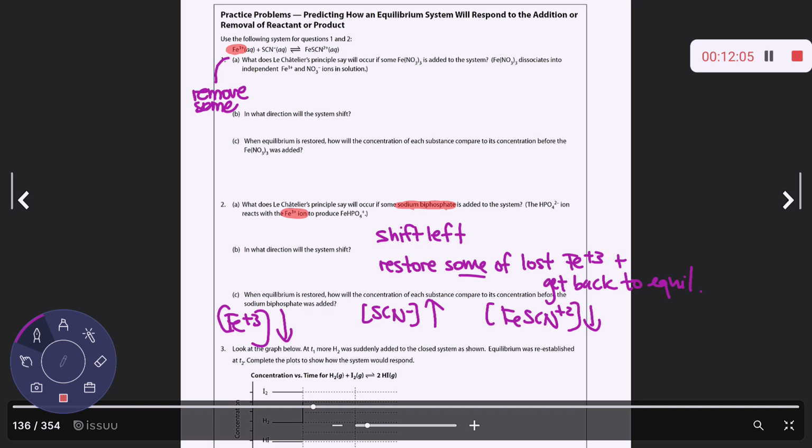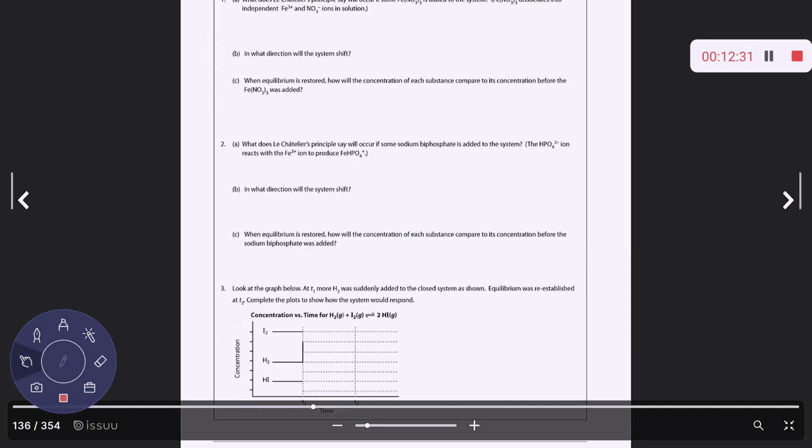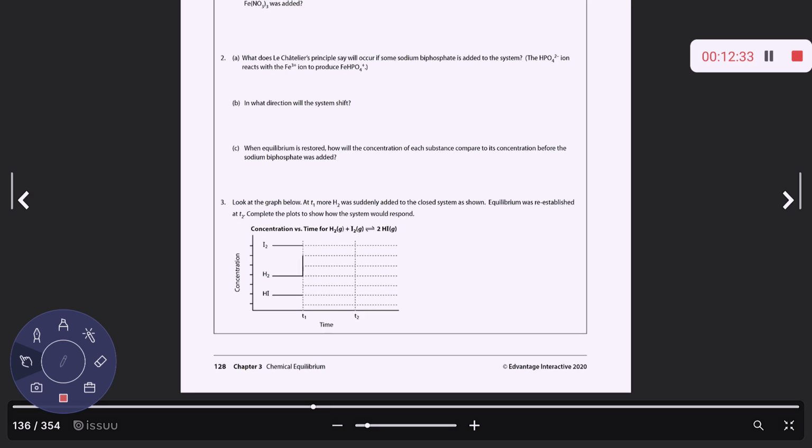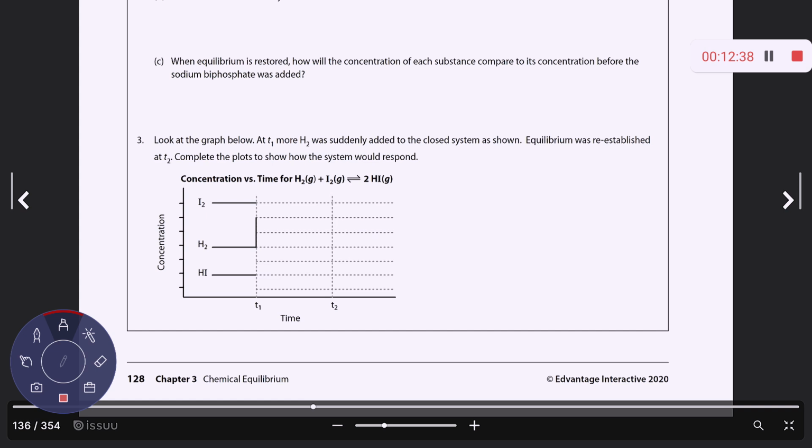Okay, number 3, graphing. Okay. We can draw an estimation of what we think is going to happen to these concentrations on a graph. You don't always know what the numbers are going to be, but you know whether they're increasing or decreasing, and you just sort of take your best guess, okay? So when you take a look at number 3, it says, and I'll make this a little bit bigger, look at this graph, and at T1, which is right here,